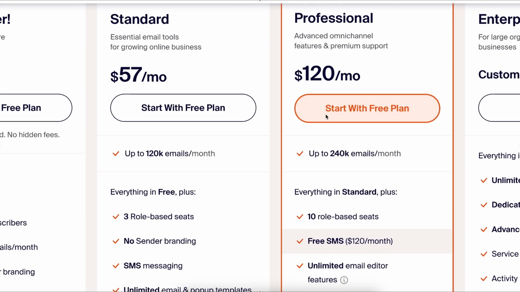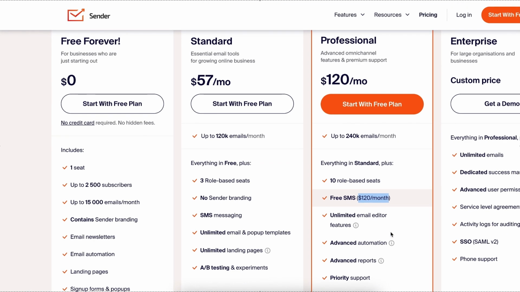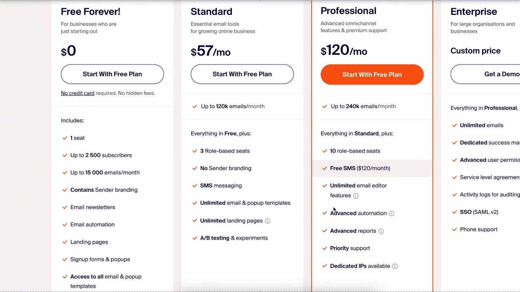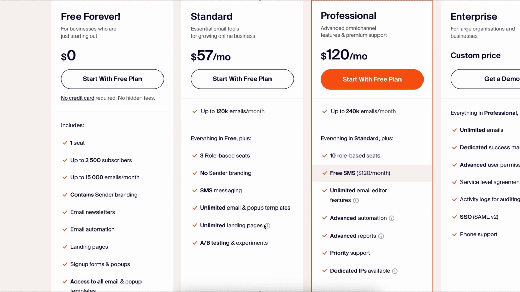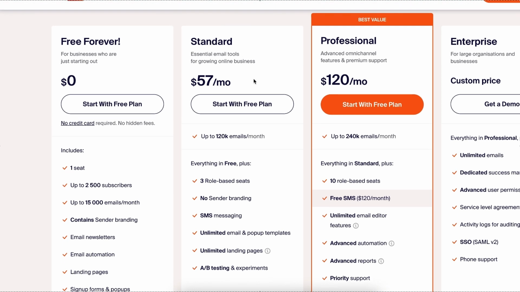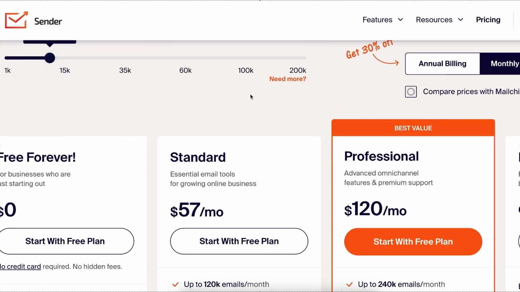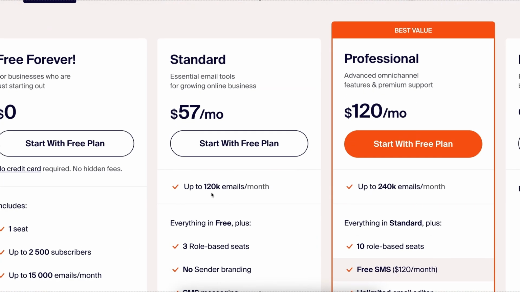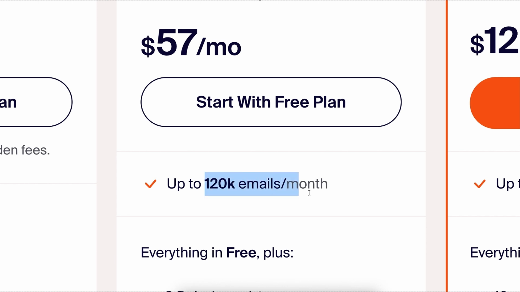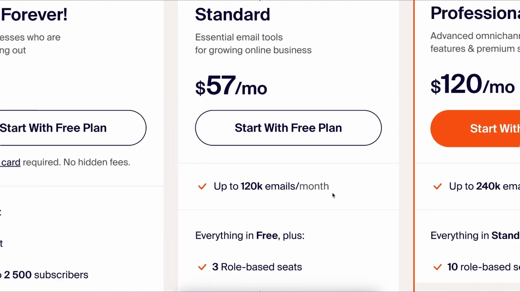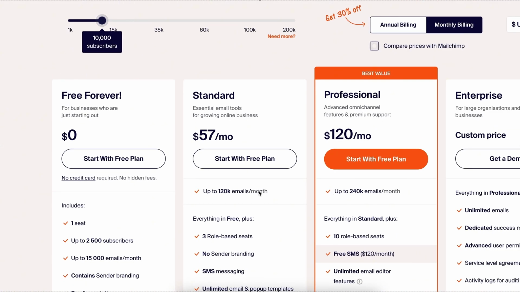And as you can see here, if you're paying 120, you get that same amount in SMS credits, which sounds really, really great. And then all of these advanced automations, this is just to do with SMS messages basically. So you will have all of the features that you need on the standard plan as well. The other thing to take into consideration is that if you have 10,000 subscribers, you have a limit of 120,000 emails per month, meaning this is 12 emails per user per month,